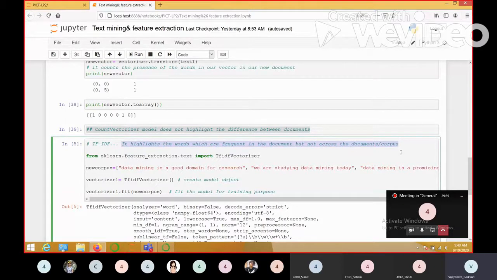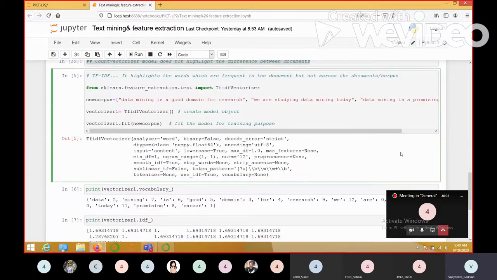Understanding? And that is my need. I want to highlight the words which are significant in a single document, but not significant as far as all the documents are concerned. Isn't it? Are you getting my point? So for that reason, TF-IDF is useful.